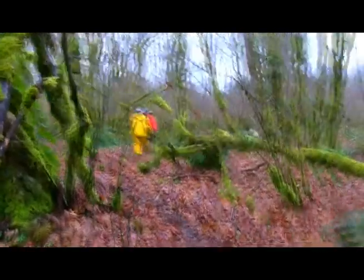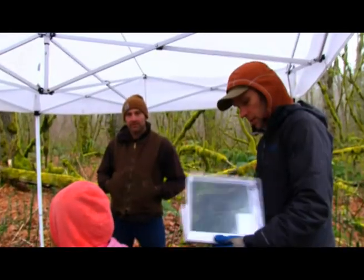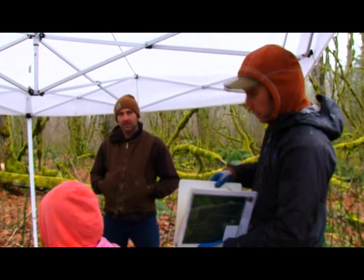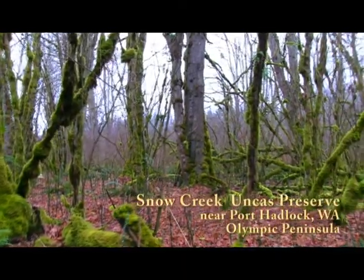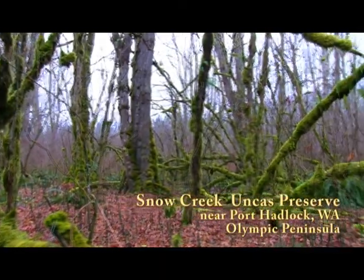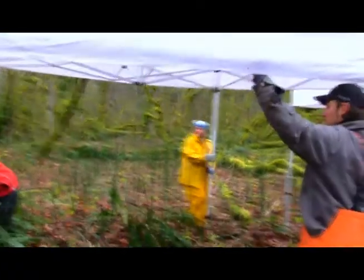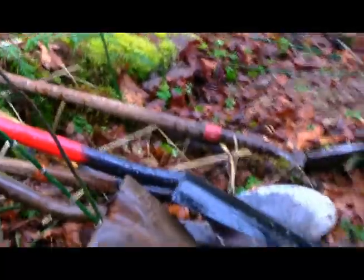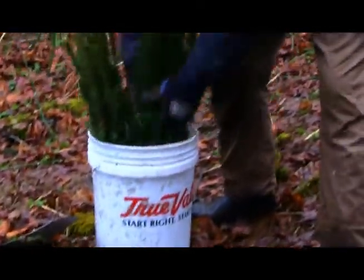About 30 intrepid volunteers from a variety of regional conservation groups braved the weather as part of an important reclamation project at the Snow Creek Uncas Preserve on the Olympic Peninsula, a few miles southwest of Port Hadlock. Undaunted by uncomfortable weather, they set to work planting 1,000 conifers supplied by the Jefferson Land Trust, which purchased the